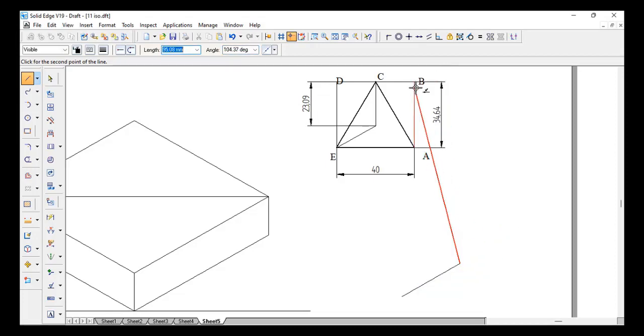Okay. Next, from B to D we are moving. See, anyhow it is at the midpoint. So it's a 40. Enter. 150. Enter. Okay. So then we are moving it down again. 34.64. Enter. Minus 150. Enter. Then back to this line. Okay. So now